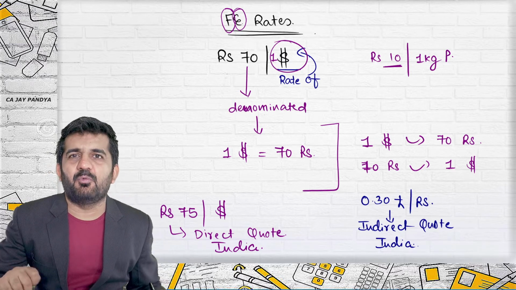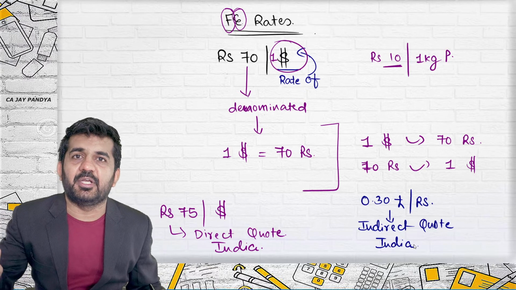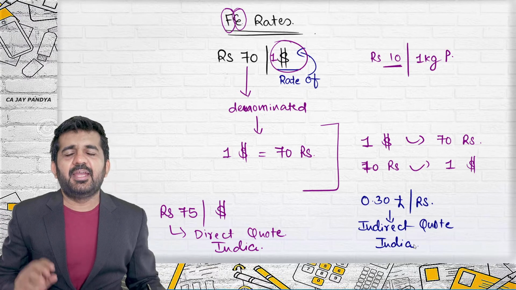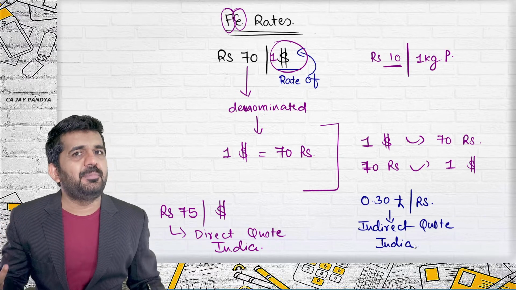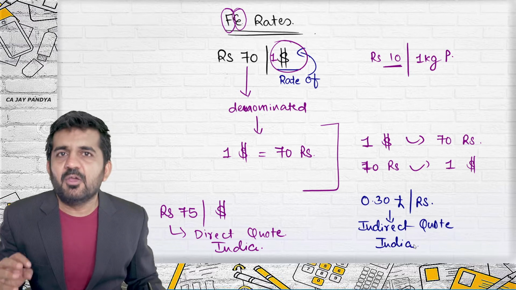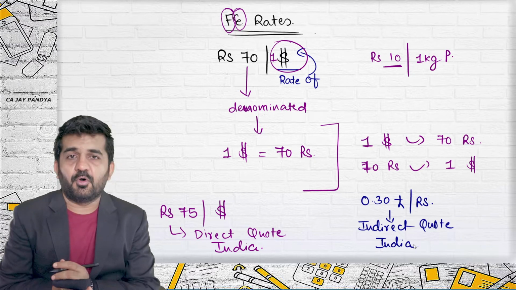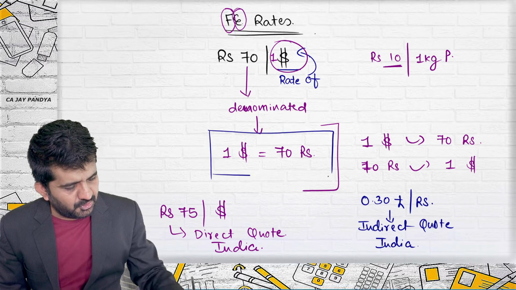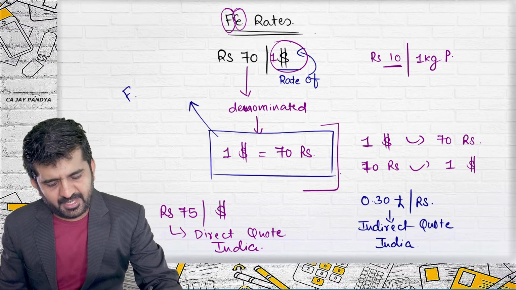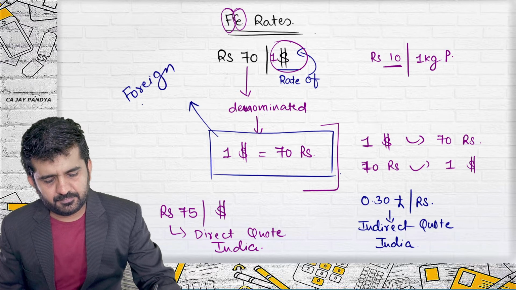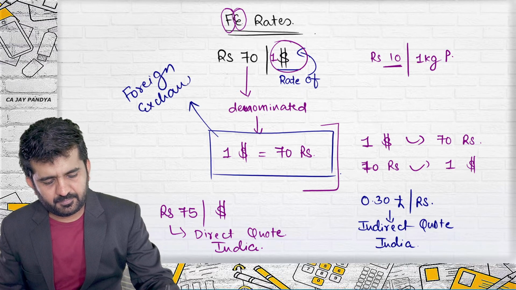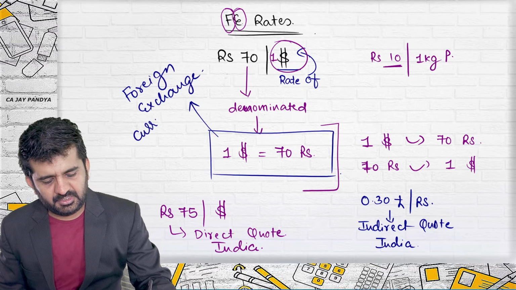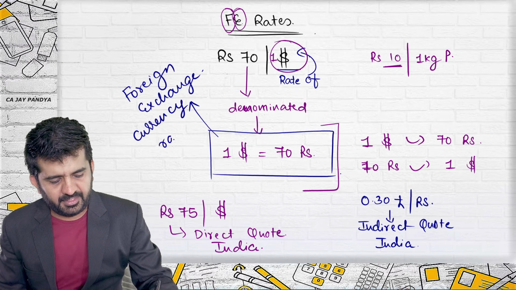In foundation, you have also learned how to convert direct into indirect, indirect into direct. And if you have not done it properly, you will be again learning it in CA final, where we will be learning a chapter of Forex. But right now, what is important is this is termed as a foreign exchange currency rate.